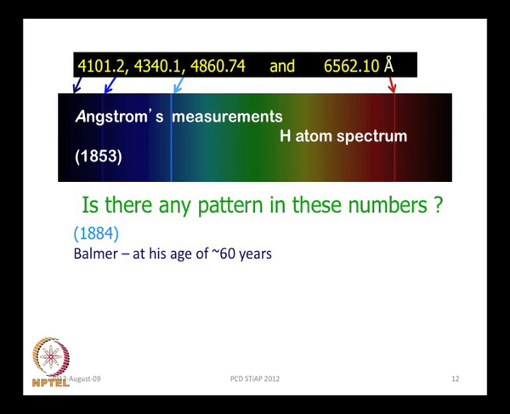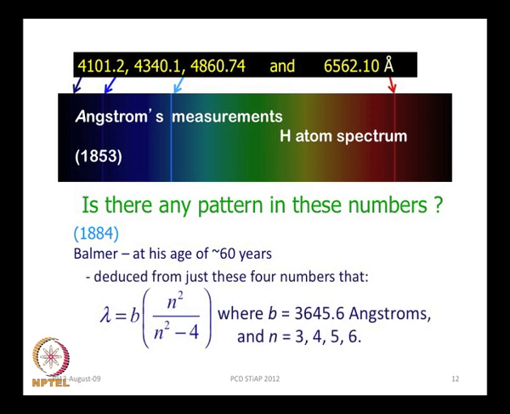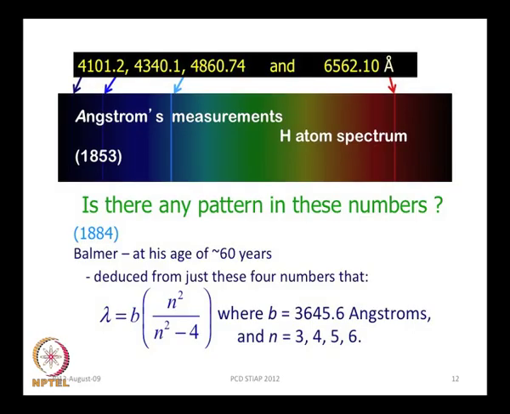Now, Balmer, at his age of 60, which is good news for me, in 1884 actually found the pattern in these numbers, and this is the pattern, that all of these 4 lines have got wavelengths which fit exactly the formula which you have on the screen. The lambda must be b into n square by n square minus 4, with n going from 3, 4, 5, 6 for these 4 lines,